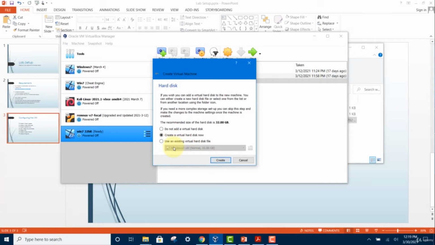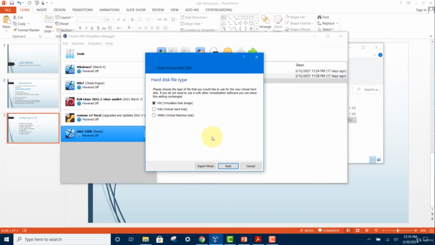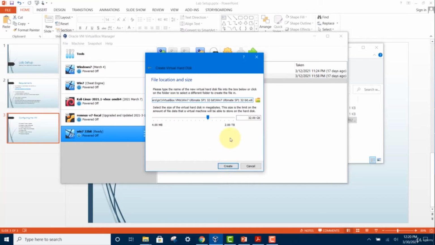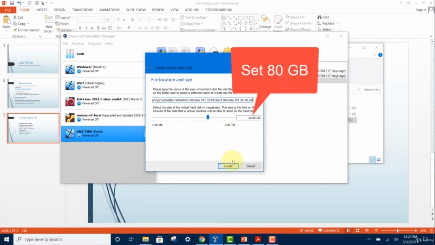And then here no need to change anything, just click on the create button, and here click on next. Leave the default as it is, and here leave it as dynamically allocated, and click on next. And this should be fine as it is dynamically growing. Click on next,